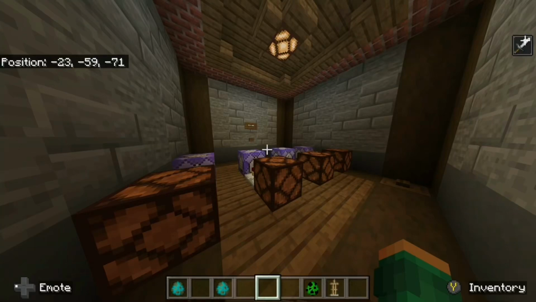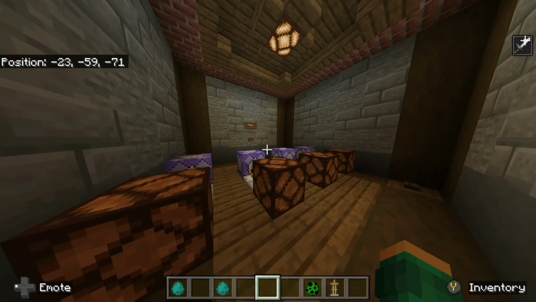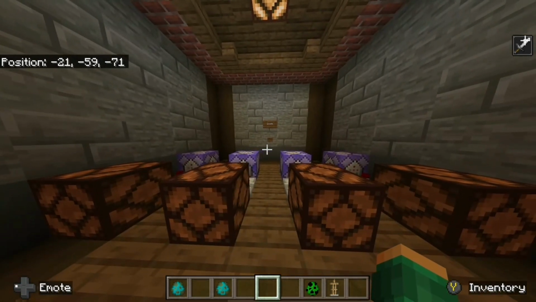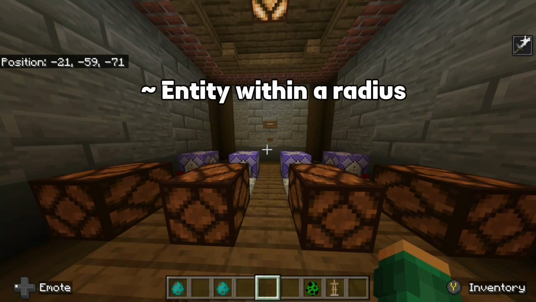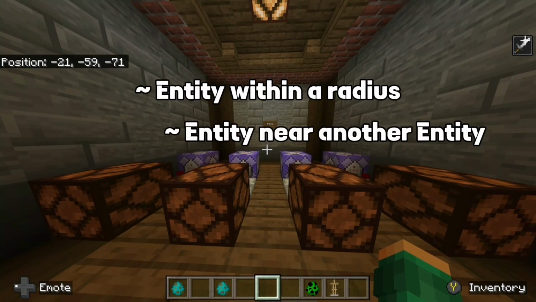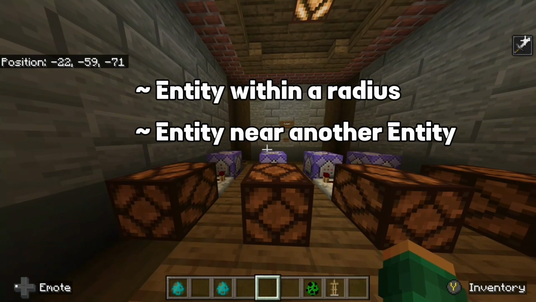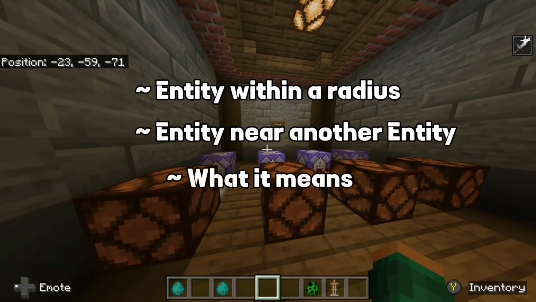Do you want to learn how to make your Minecraft worlds more immersive? Well, my name's Tasting, and in this tutorial you'll learn how to use radius commands. In this video I'll be showing you how to detect when an entity is within a radius, when an entity such as a creeper is close to another entity, and finally what this means and how you can include it